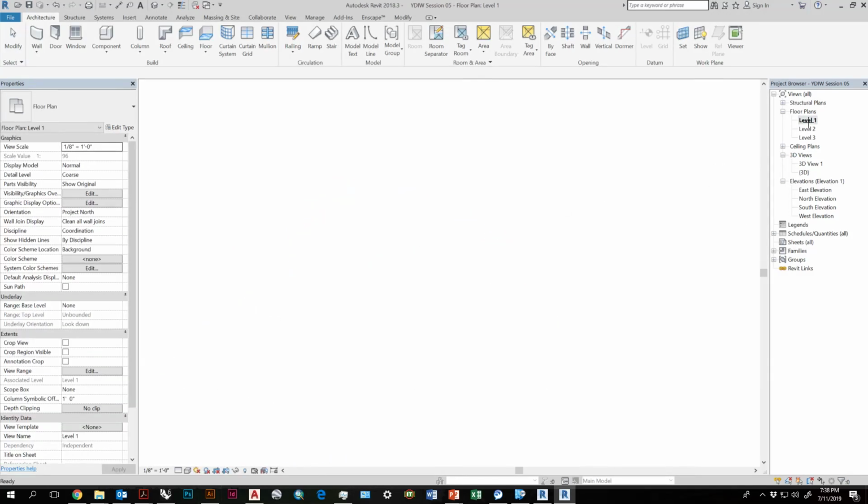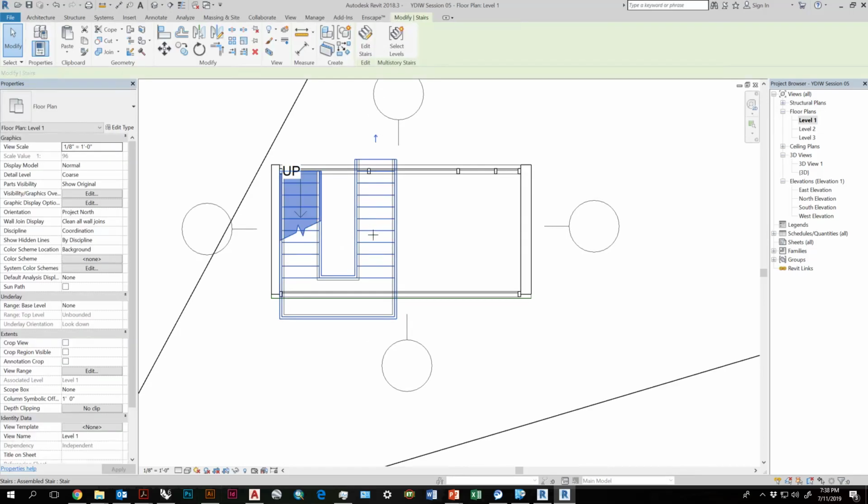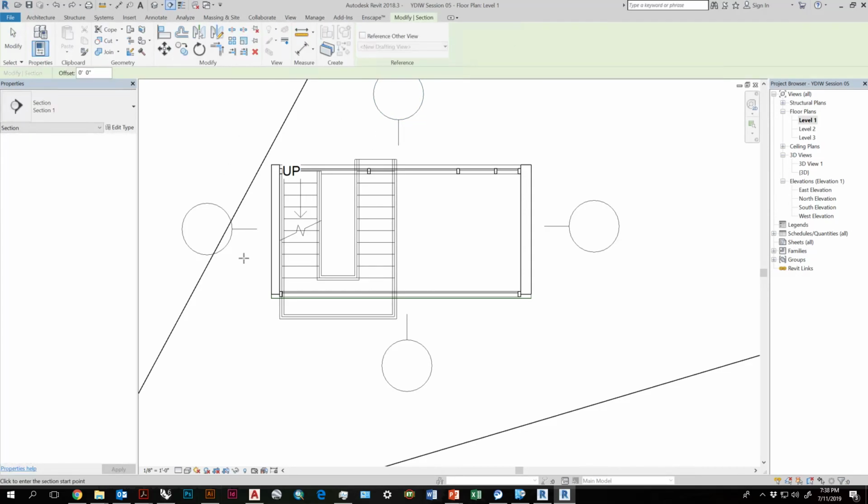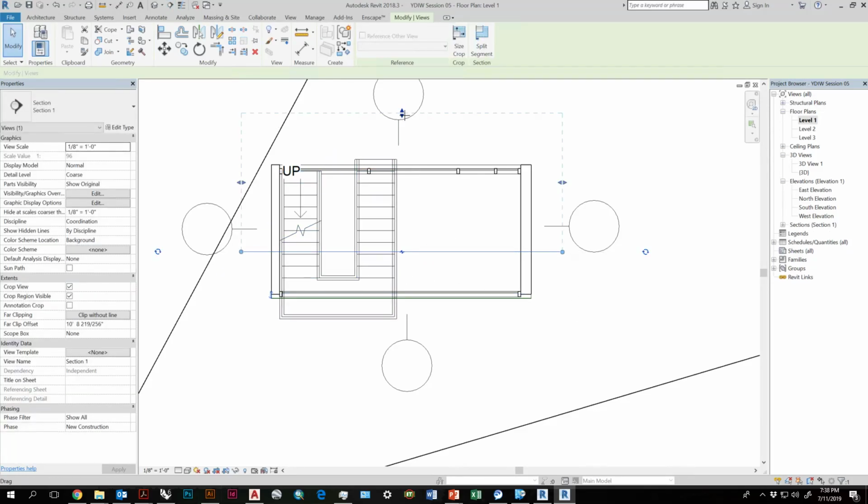Sections. Okay, sections are just like any other view. I'm going to delete the stair. It's terrible. Actually, I'll bring it back so it looks cool in this section. We're going to go to View, Section. You can draw your section in any location. You can change how much behind the section cut you see. You can also modify its location if you need it to be moved. And you can flip its direction by hitting the two little arrows, and now it's showing the section cut the other way.